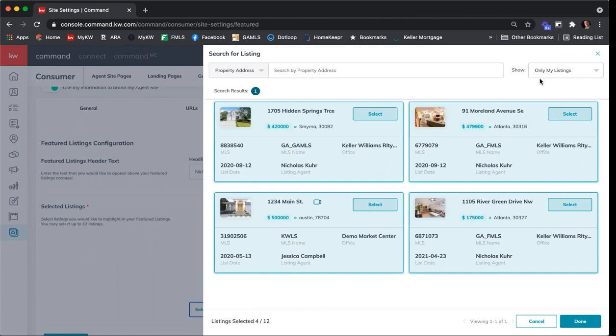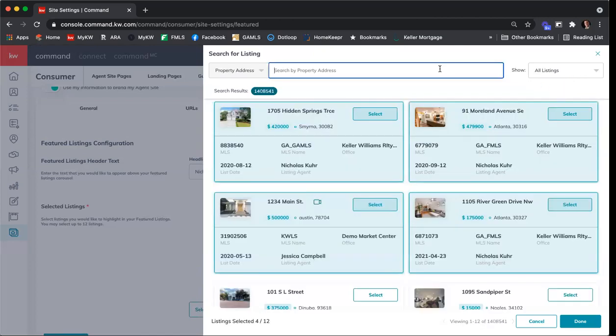may I use your listing as a featured listing on my website? I would guess that 9 times out of 10, that agent in our office is going to be like, yeah, absolutely. Please promote my listing on your website. The more, the merrier. If you want to find that listing, come over here in the top right-hand corner where it says show only my listings. Click all listings,